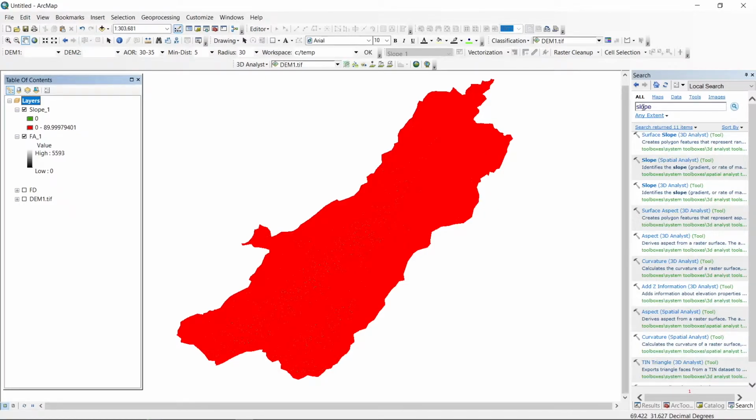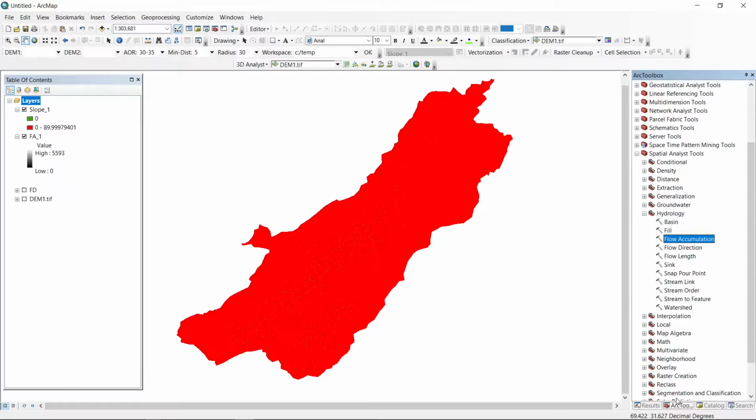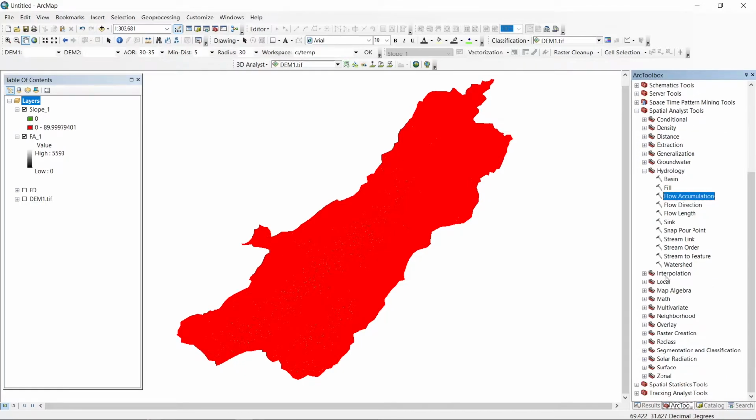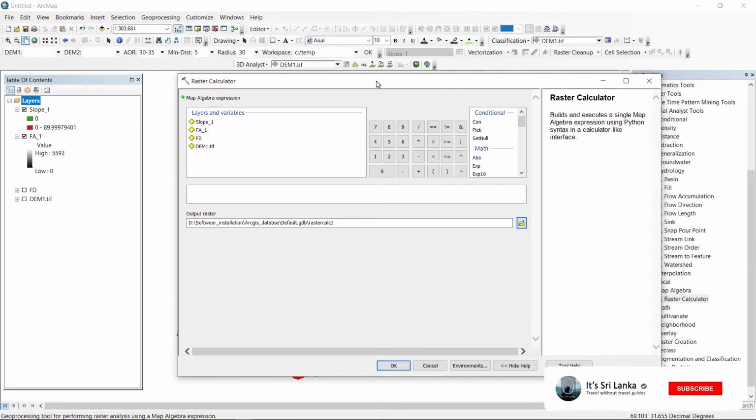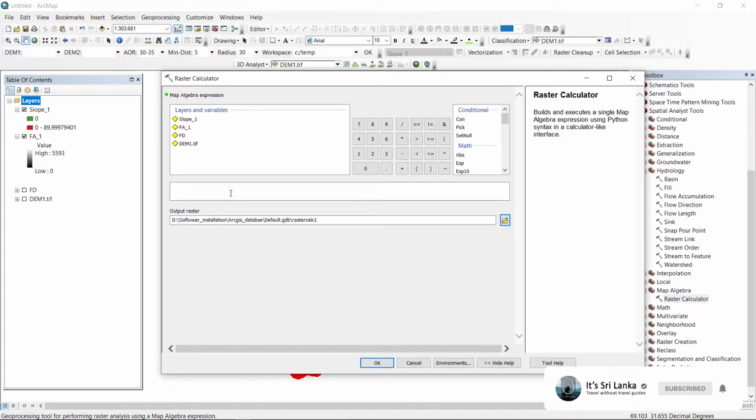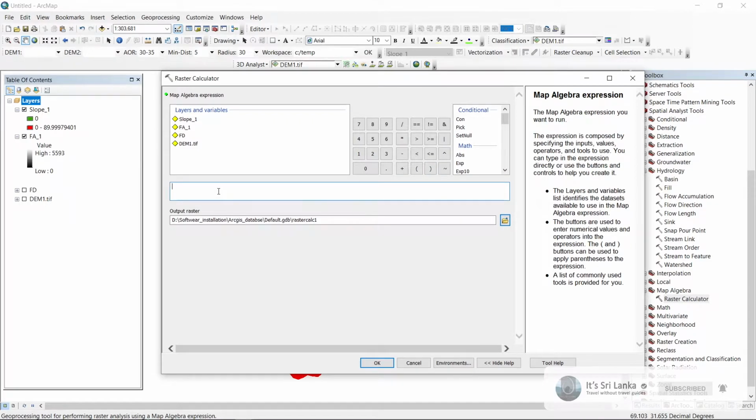Then I'm searching for map algebra and raster calculator. So this raster calculator is used to do mathematical operations with the rasters. So I just copy and paste that formula.